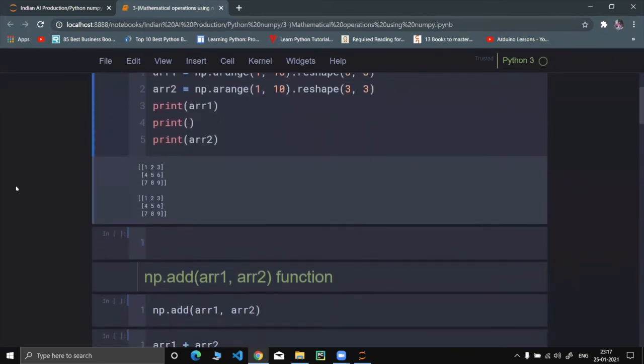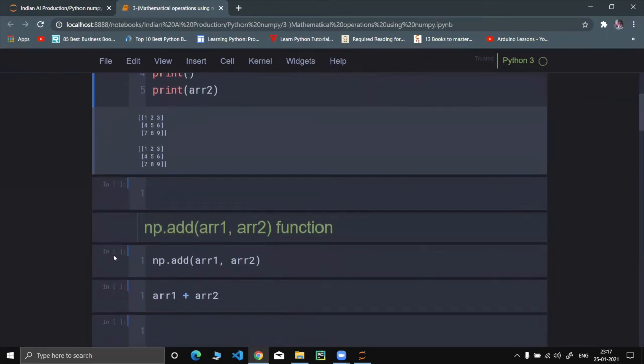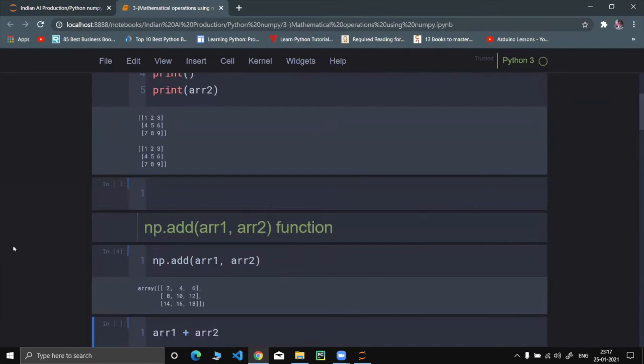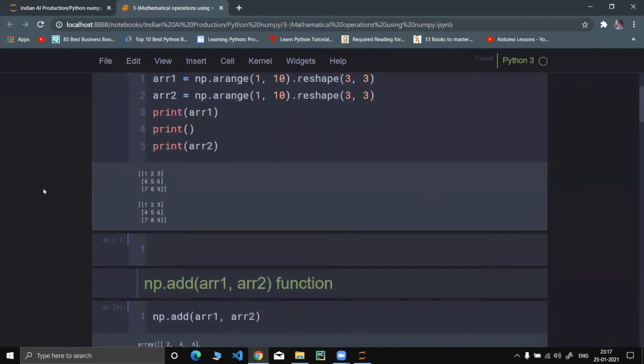We can add two arrays using the numpy.add function. This is element-wise addition.